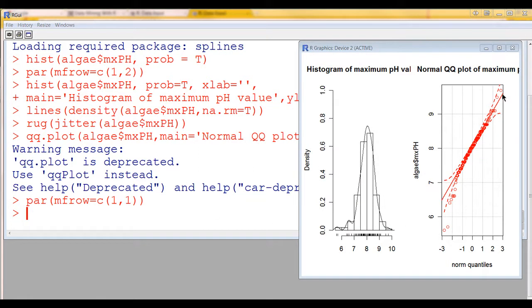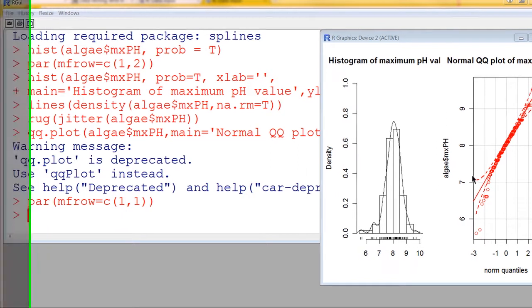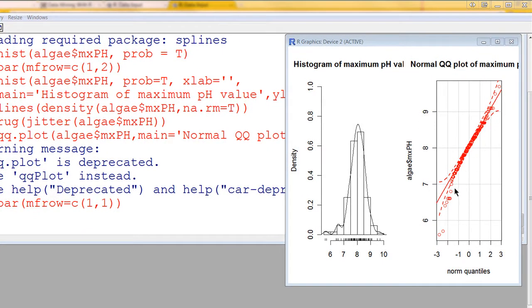So the solid line here is what, if it was perfectly normally distributed, all the data would be on. If it's not perfectly normally distributed, some of the data, or those little circles, will not be on the straight line. Now, these lines here, this dotted dashed line and this dashed line, are what we call the 95% confidence interval. So if it was normal plus or minus something,